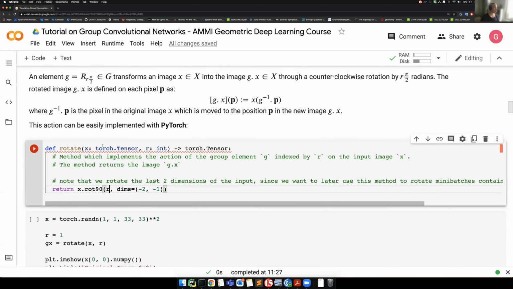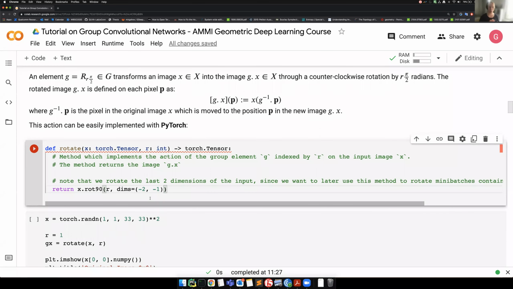Given an image X as a PyTorch tensor and a rotation R, we want to return the rotated image. Nothing fancy, PyTorch does it already for you. So you just have to do a rotation 90 of X, R times. That's it. We specify the dimensions -2 and -1 because we want to use this function later in a